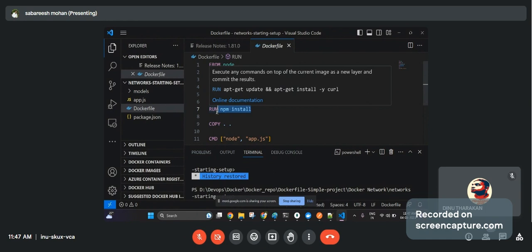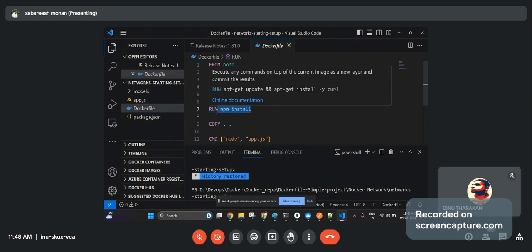Similarly, for Java applications there is a different command to run the application. So each application has its own way to create the Docker file. It is not the same way as what we are showing over here.